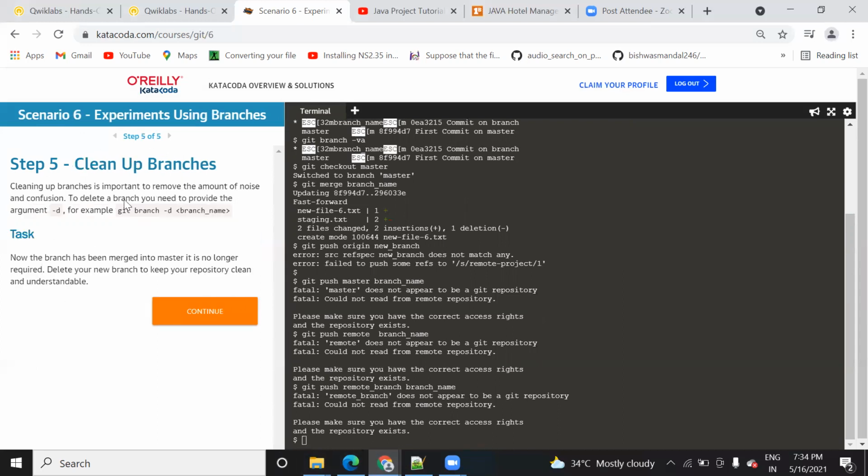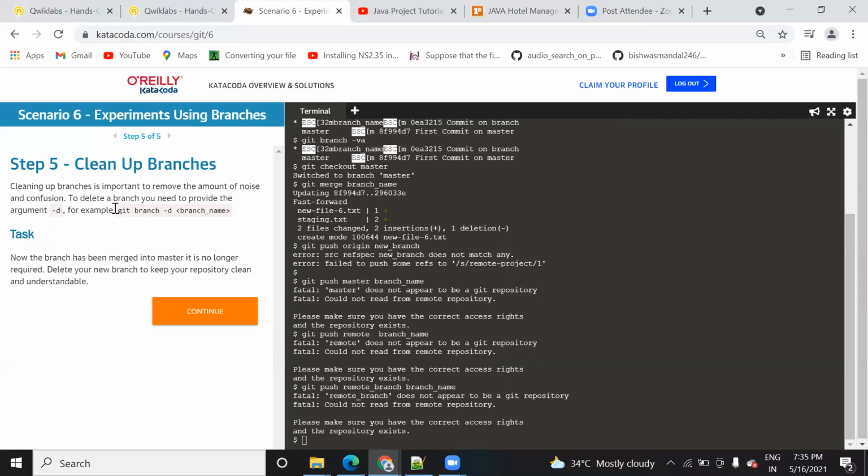Similarly, here also no hint is given. They are just saying that if you want to clean some amount of noise, like some temporary files that are created, or some branches that are empty branches if you have created, then you can delete them.